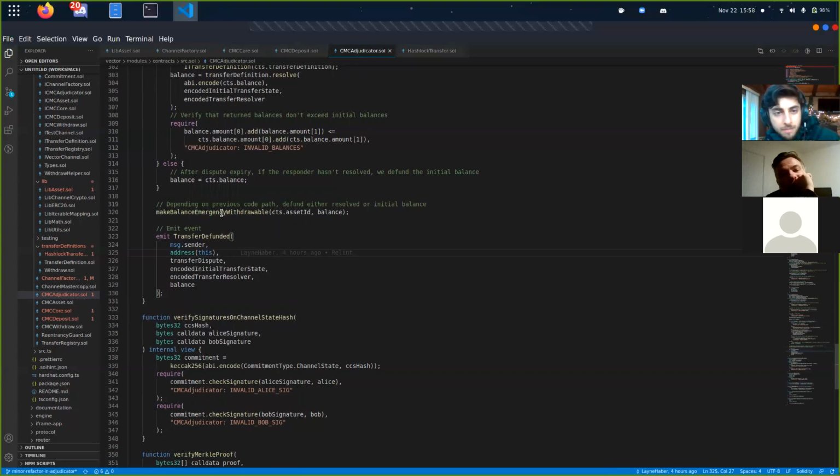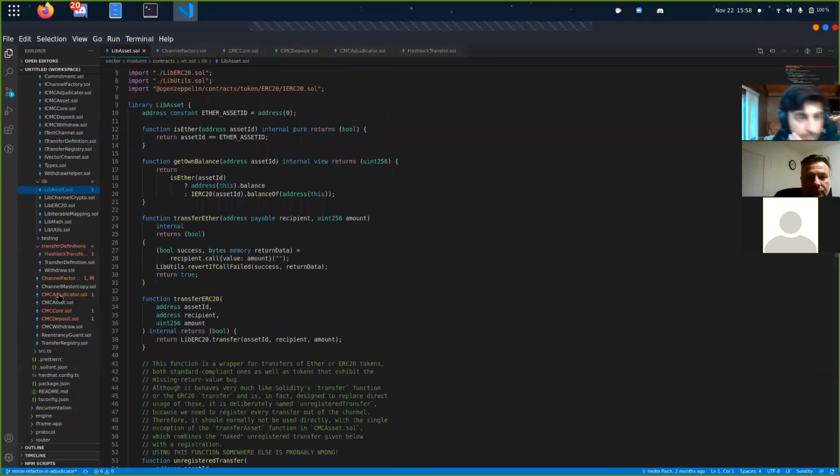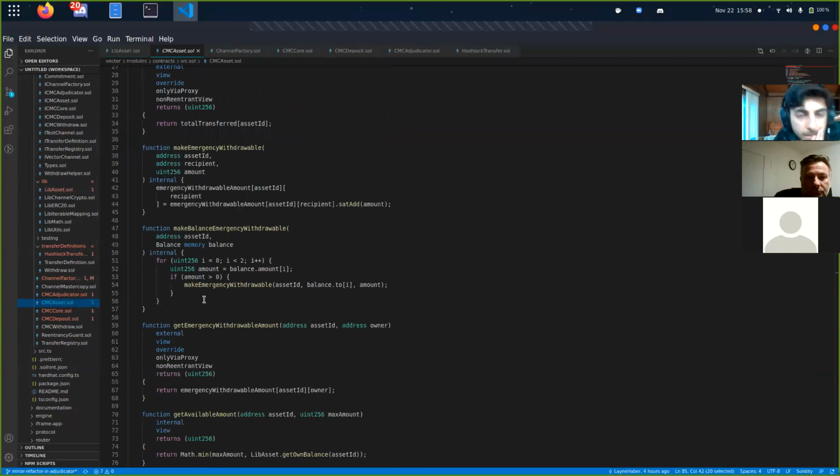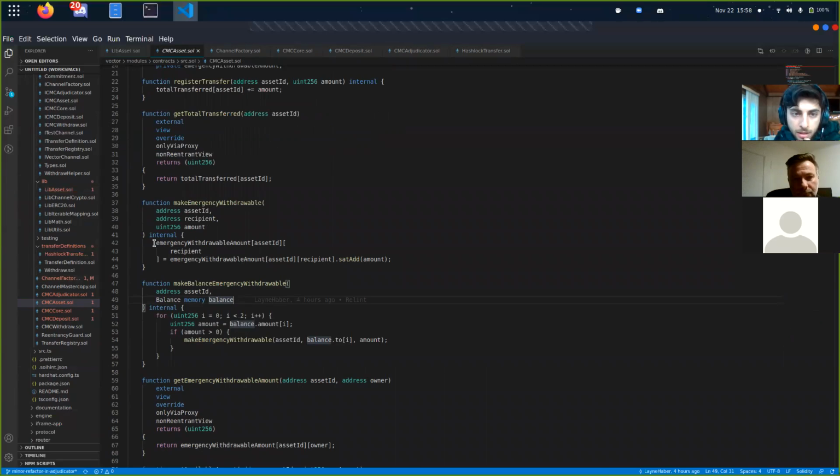So what does make balance emergency withdrawable do? There we go. So in this case, for each amount within the balance, we make this emergency withdrawable. We first add this to an emergency withdrawable amount mapping,